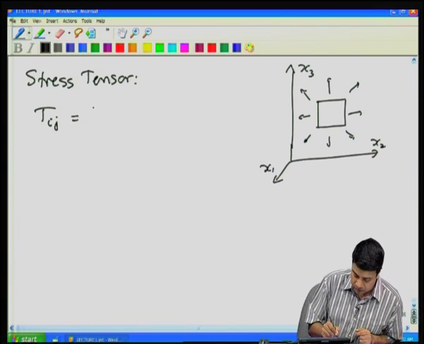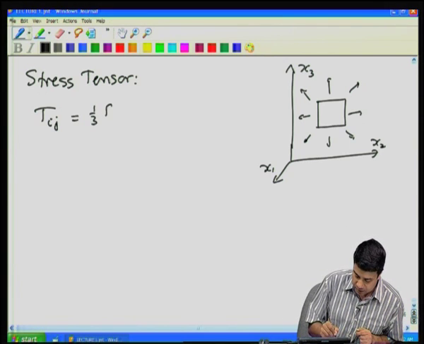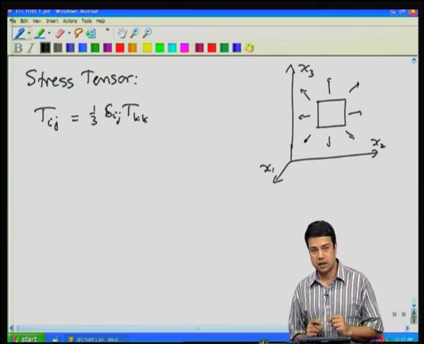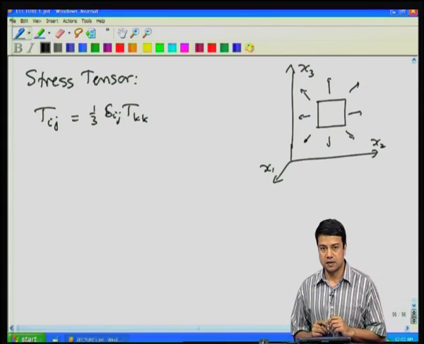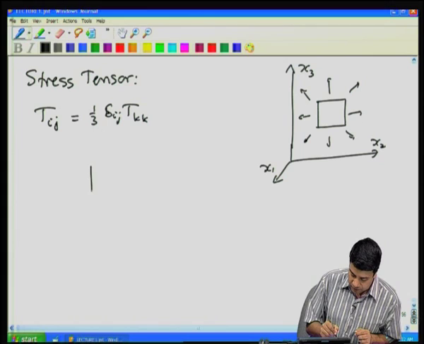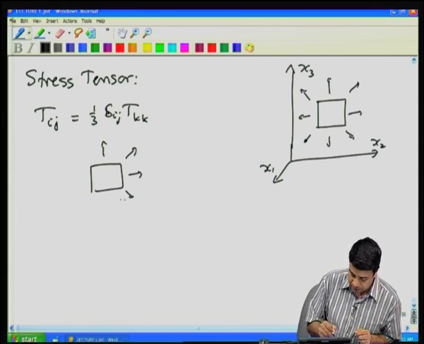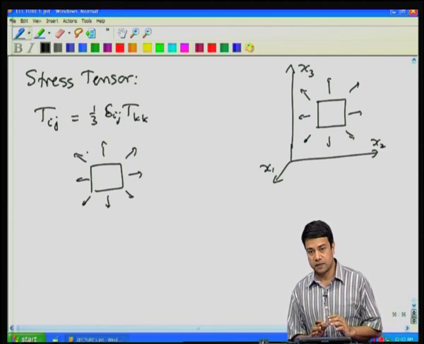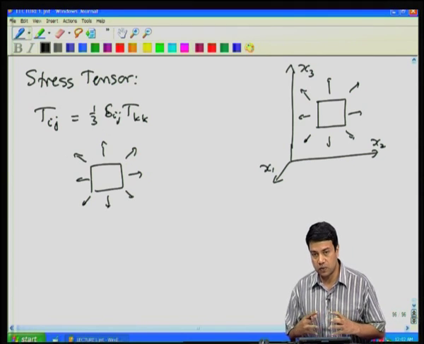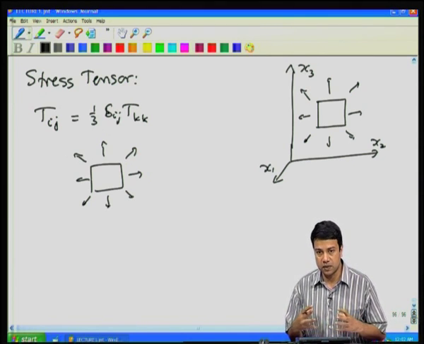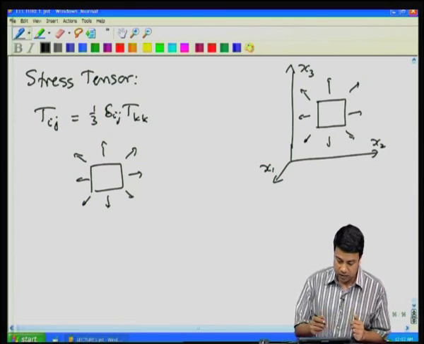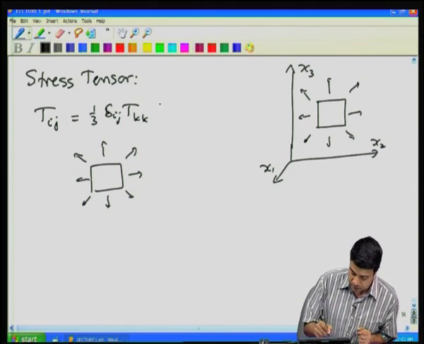The isotropic part is 1/3 delta ij times Tkk, where Tkk is the trace of the stress tensor, T11 plus T22 plus T33. On a differential volume, this basically acts outward at all points, and the magnitude is the same in all directions. For an isotropic component, you have either isotropic pressure acting from out to in or in to out. And there is a second component which is